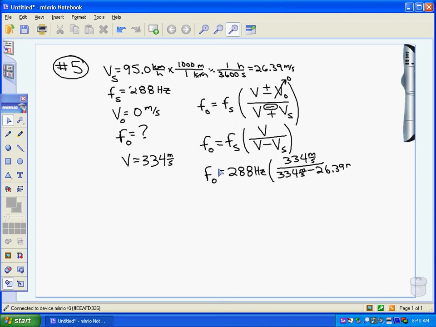Plug that into your calculators, and you get the frequency at the observer is equal to 313 hertz. Just doing a little mental check here, if the source is approaching the observer, the frequency should